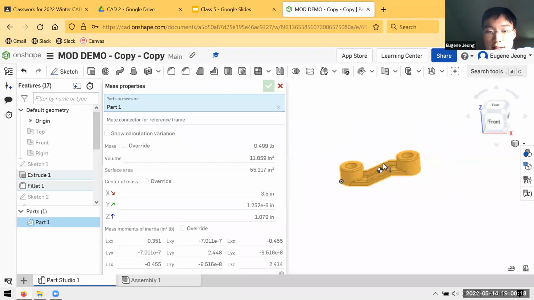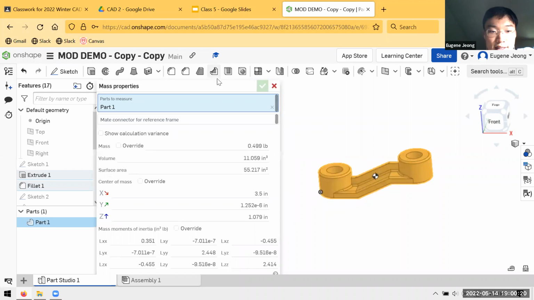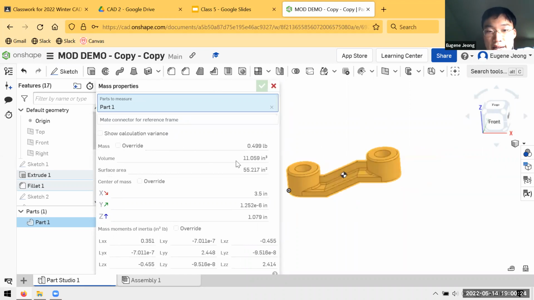And so then you can see it fills in all these numbers and calculations. For example, the mass of this would be 0.5 pound. Volume is 11 cubic inches, surface area, etc. These are some more maybe niche ones for what you might be doing. Center of mass, moments of inertia. Yeah, so